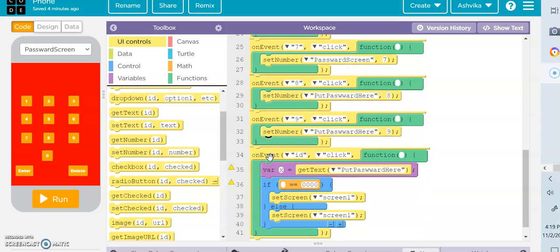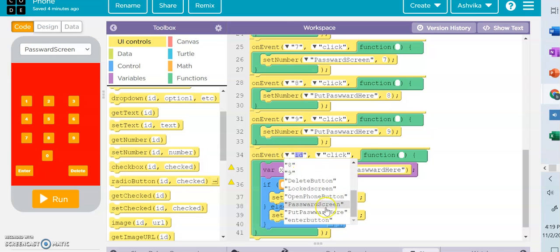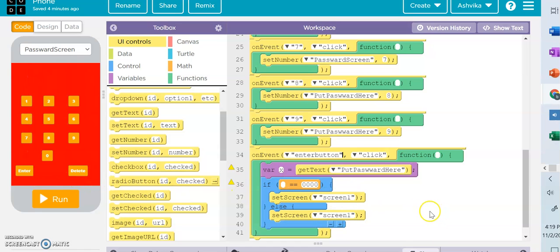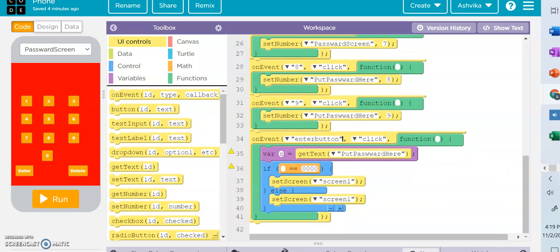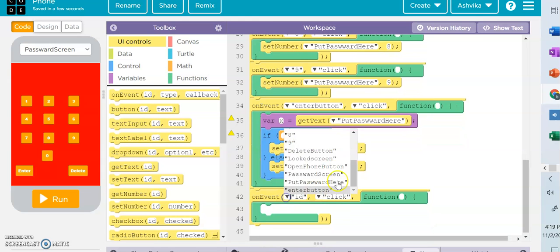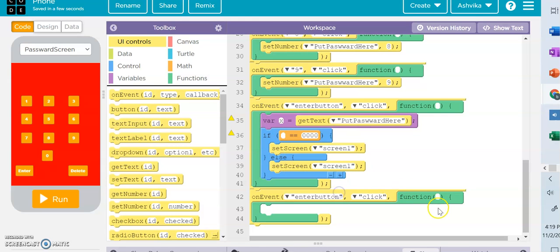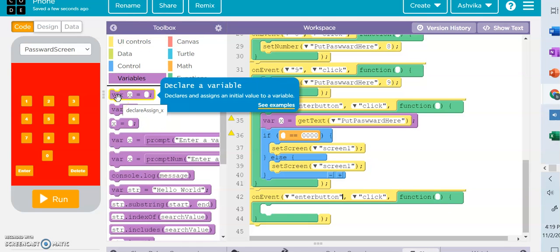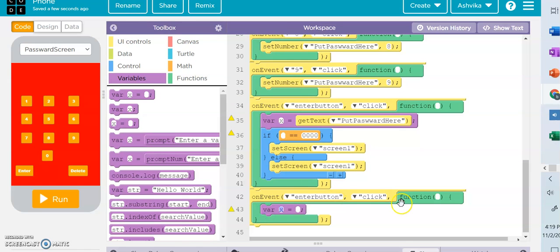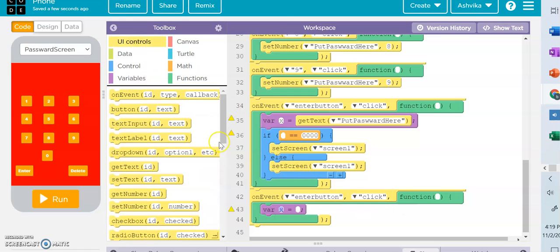And now, the next thing you'll need to do is, I already did this, so I'm going to just tell you guys what it is, what you have to do. So what happens is, it says on the event, so on event, so you have to take an on event and then put it, I'm going to do this because it's like right here, so on the event that the enter button is clicked, you need to take a variable, so var x equals blank, this should be the first one, and then you need to go back to UI controls